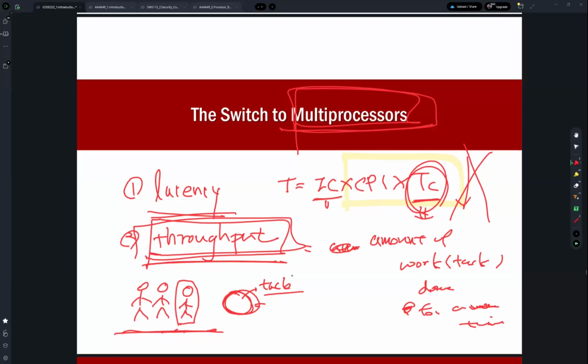So recently Intel changed the brand name of the cores. So anyway,